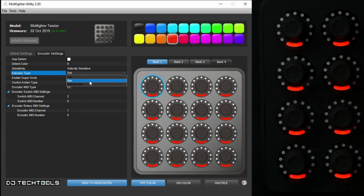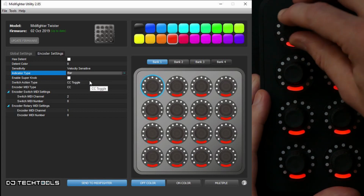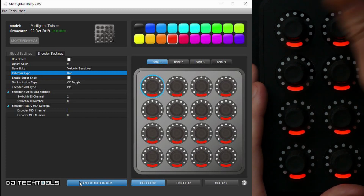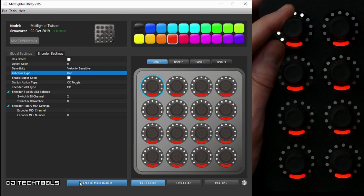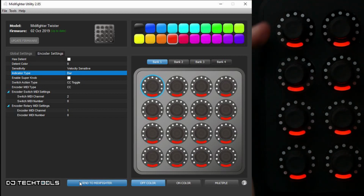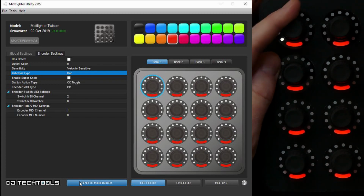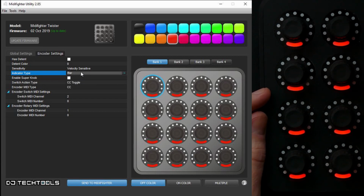And then there is bar, which means it doesn't blend in. Oh, hang on, I have to send it now. Which of course also looks quite nice, and you can also tell exactly how far it is up the scale. So like dot, but you get the whole range visible, which can be visually quite pleasing as well, to see the whole range. Right, the next function here is something called enable